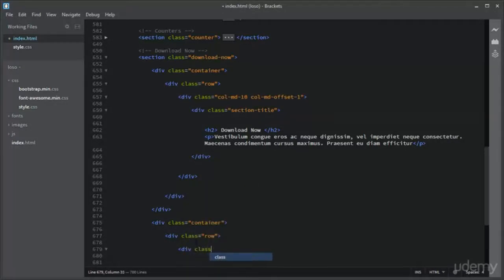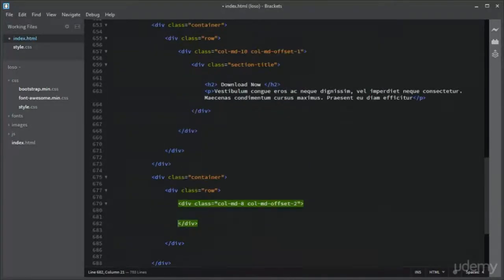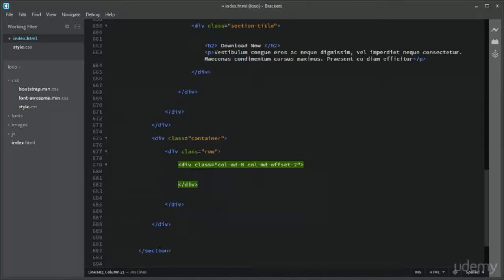Div class with column MD-8 and with col MD offset of 2. We'll add 2 offset columns. 8 plus 2 plus 2 will become 12, and inside that